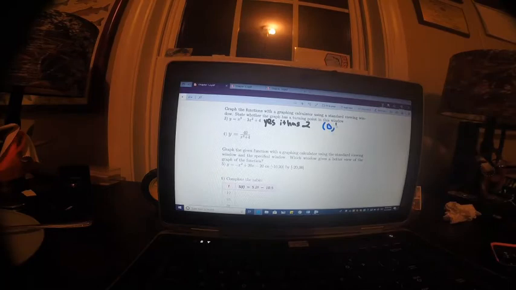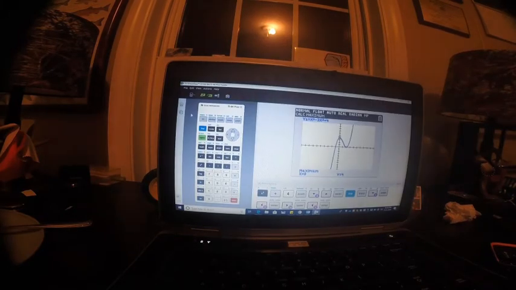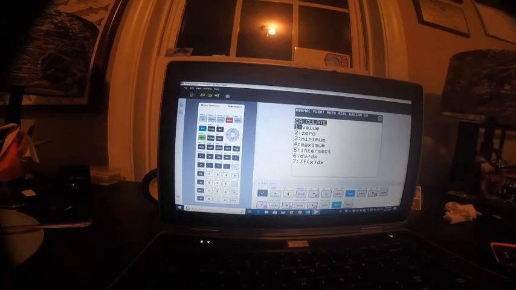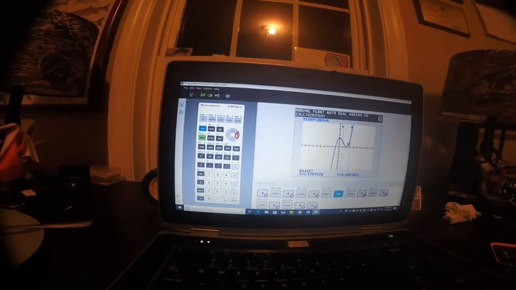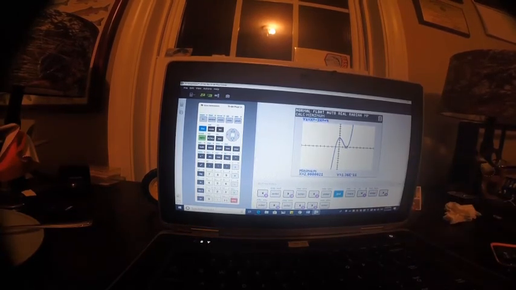My other turning point here is a minimum. We can find it as well. So all we have to do for it is literally the same thing. Pretty much we'll do second calc, but instead of max this time we'll do min. We'll bound it to the left and right. So it says left bound, get left of it, hit enter. It says right bound, get right of it, hit enter. And try to get close to it. Now, if you're scared about not getting exactly on it, it doesn't matter. If you notice here, I'm pretty far off to the right. I hit enter, it does find it. Okay, and it tells me my minimum here is